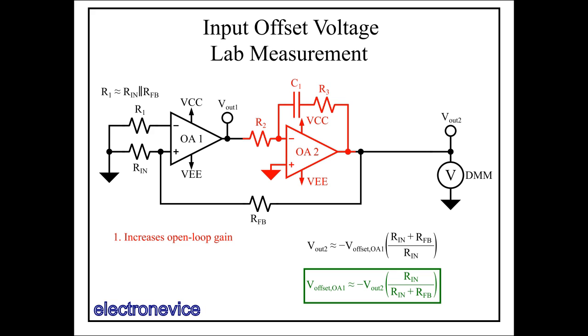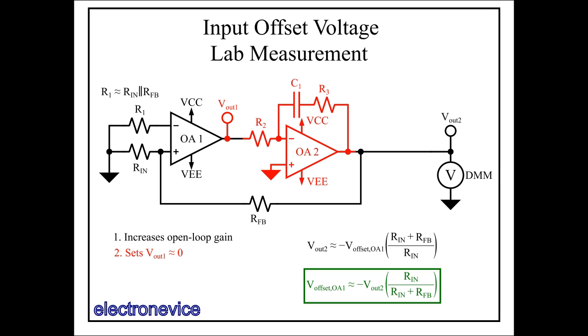This reduces the effect of finite gain to be truly negligible, even in the case of very small input offset voltages. At higher frequencies, the additional gain of the circuit causes stability problems, and since only the DC gain is needed for the input offset voltage measurement, we configure the OA2 circuit as an integrator rather than an inverting amplifier with a large feedback resistor, to eliminate the gain at higher frequencies. The resistor in series with the capacitor also helps with stability by canceling out the integrator's pole prior to the gain crossover of the system so that the phase margin remains high. We'll discuss feedback stability considerations in a later video.